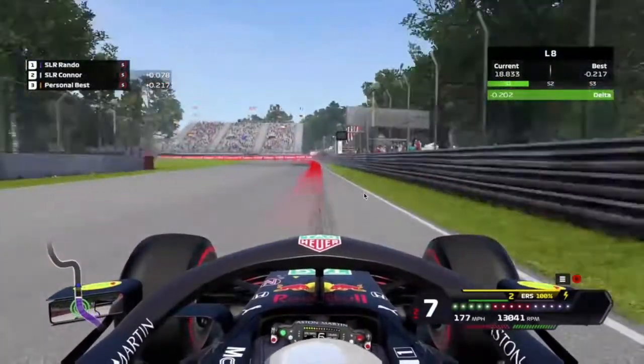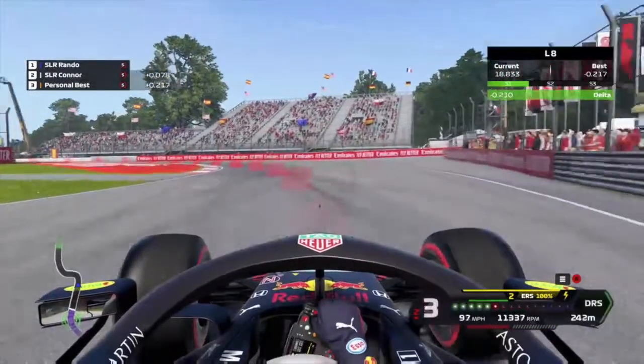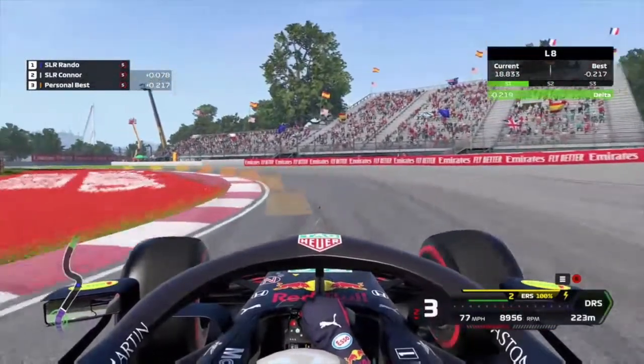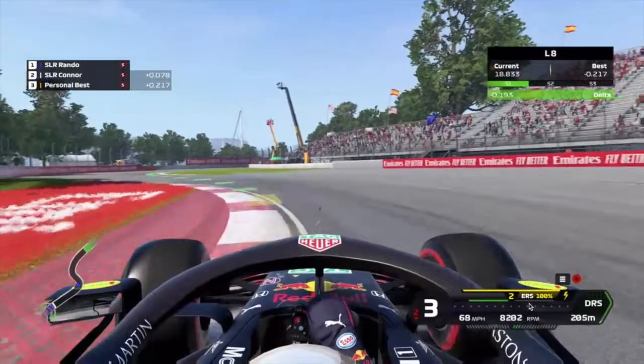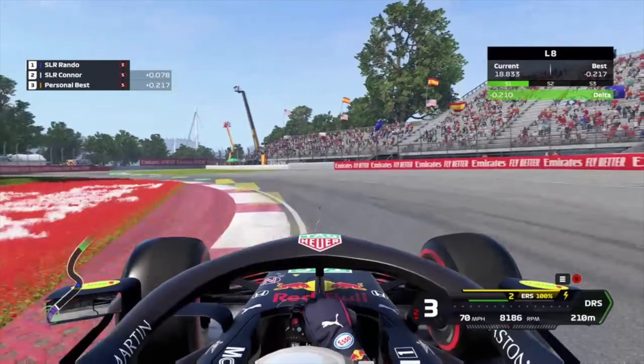Coming into here, I'm going to play this out. I'm also going to add some screenshots of where you want to be putting your front left tyre, because I could have, so you go down into third gear. I'm going to send in some screenshots. Arguably you want to be putting your front left tyre on this red curb. I'll put in some screenshots at the end of what I'm on about, or I'll put them in the middle, depends what I decide. But yeah, you want to be putting it on here,